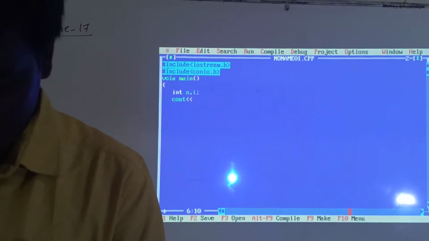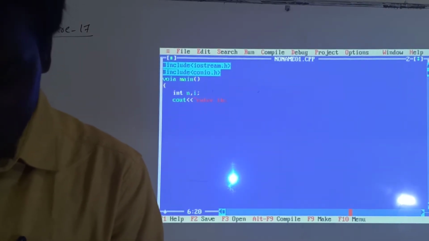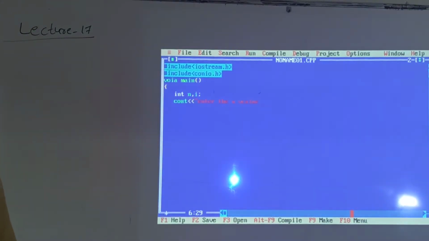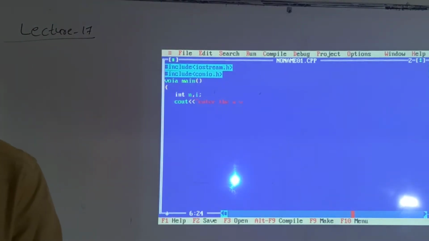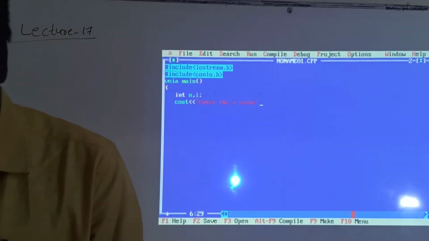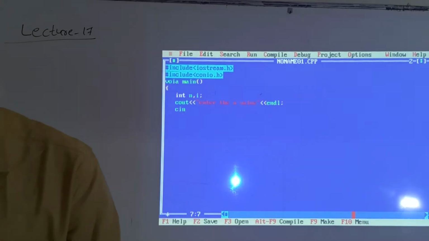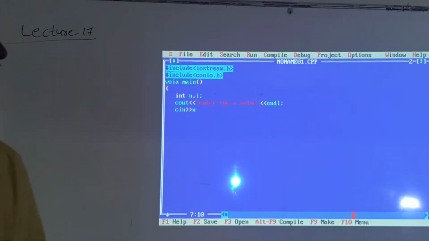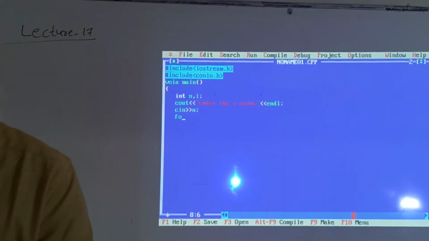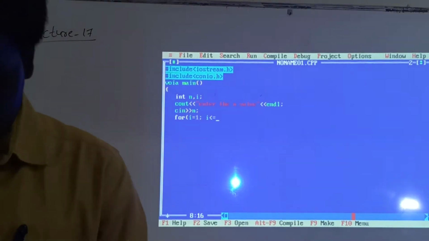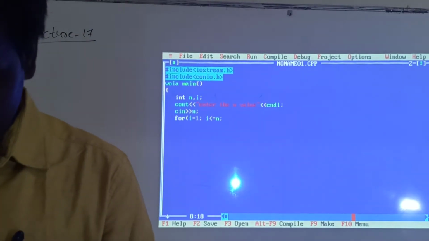cout << "enter the n value"; next you have to write cin for input purpose. Next, for: i is already declared, so you can initialize i = 1; i <= n; i++.